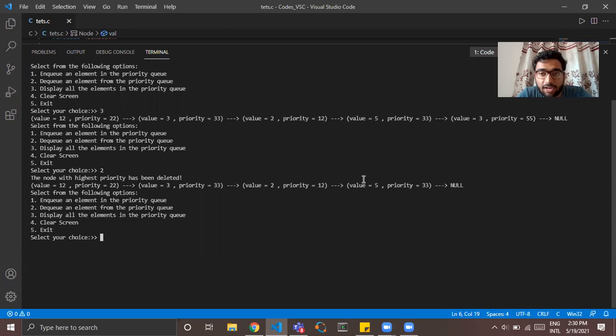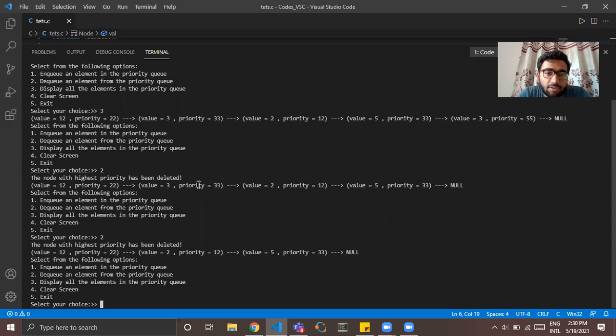So the node with the highest priority, that is 33, 12, 33, 22. So obviously 33 will be removed. Now there are two different nodes with 33. So FIFO, the one that was inserted first. So this node, value 3, priority 33 should be deleted. Let's just do it. Now this value 3, priority 33 was deleted and this node was shifted here and this